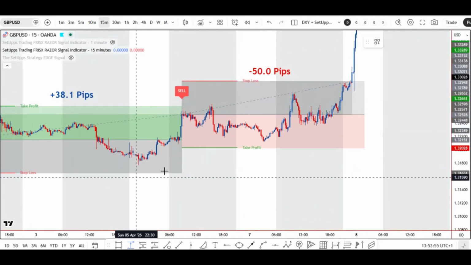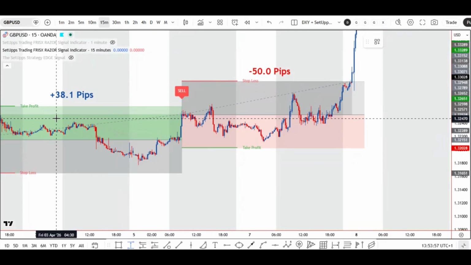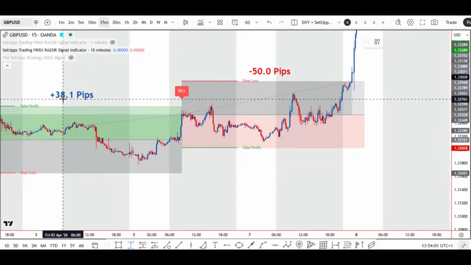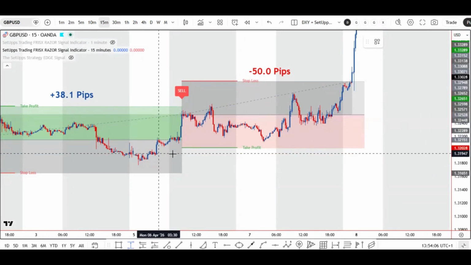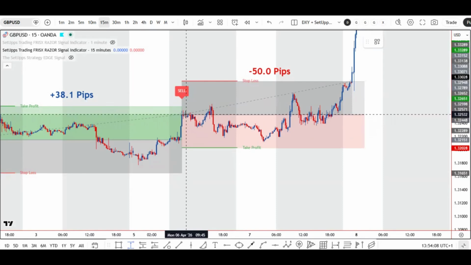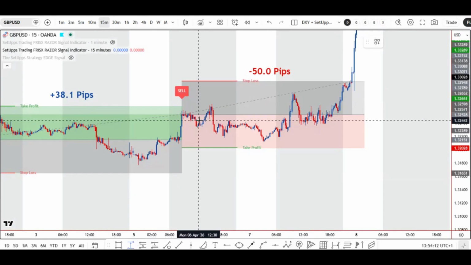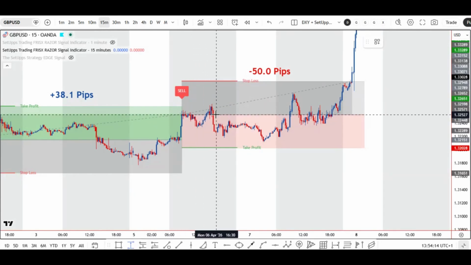So let's assume that I took this trade on one lot, which is about $10 a pip. That made me 380 pips, for example, 381 pips minus fees or whatever. The next sell trade signal appears. I take that sell trade. Now this trade has gone into